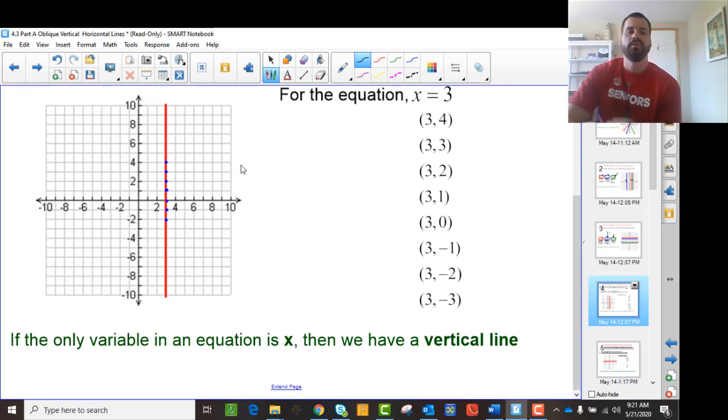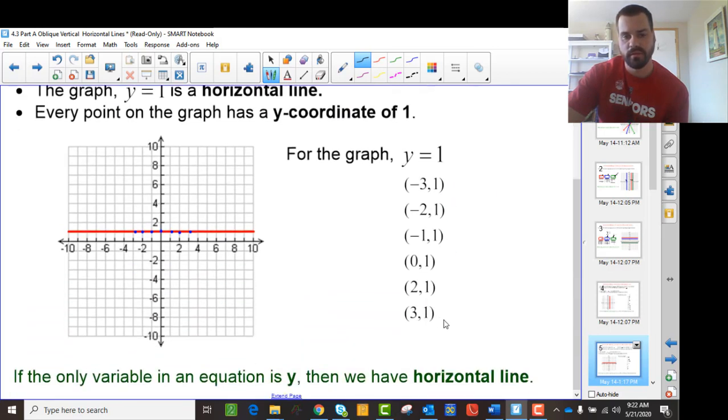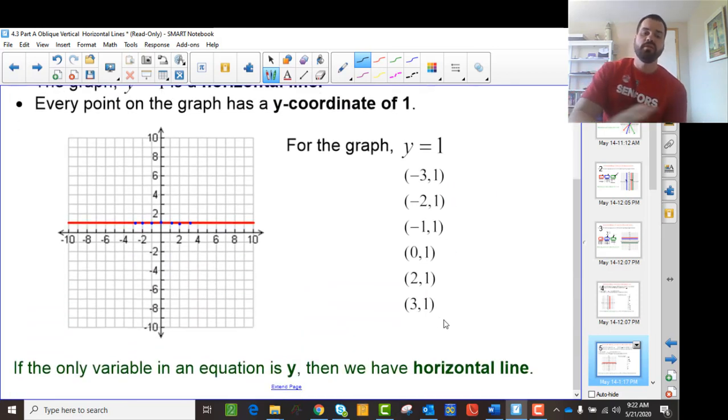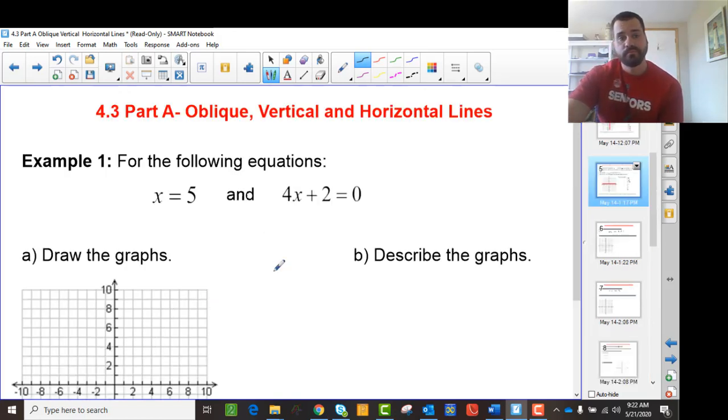That's really important. If the only variable in the equation is x, we're talking about a vertical line. This again is just a summary statement for you to write down if you're following along or to look at in your notes. But if it's just y equals, if there's no x involved anywhere, then it's a horizontal line. So if you look at y equals 1, then every point in the graph has a y coordinate of 1. It doesn't matter what the x value is. Okay. So again, if the only variable in the equation is y, it's horizontal. Okay. And then